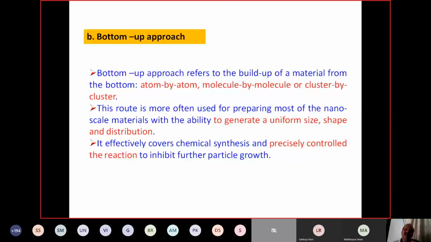So we can make the material into whatever size and shape we require. We can make the tube form, wire form, or spherical particles, with different sizes and shapes, under different conditions. So by using what? The bottom-up approach, that is the chemical method, based on chemical reactions, we can make the size uniform, with controlled shape and distribution, and whatever desired size we require, by maintaining the temperature, pressure, pH values, etc.